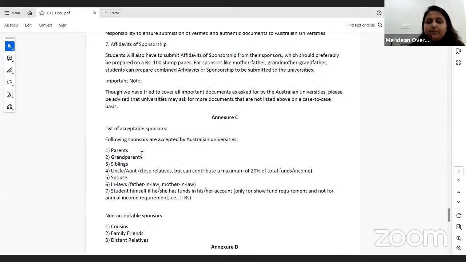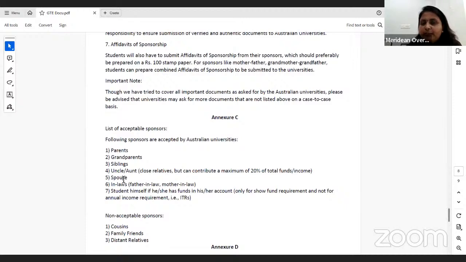स्पॉन्सर्स में यू कैन टेक पेरेंट्स एज अ मेन स्पॉन्सर, ग्रैंड पेरेंट्स बोथ पैटर्नल मैटरनल, सिबलिंग्स यू कैन टेक अंकल और आंट, फर्स्ट अंकल और फर्स्ट आंट। फर्स्ट अंकल मीन्स आपके चाचा हो सकते हैं, आपके बड़े पापा या ताऊ जी हो सकते हैं, आपकी बुआ हो सकती है, मौसी हो सकती है, या मामा हो सकते हैं। सो फर्स्ट रिलेटिव आपके हो सकते हैं इसमें, एंड दे कैन कंट्रीब्यूट मैक्सिमम 20% ऑफ द टोटल इनकम।